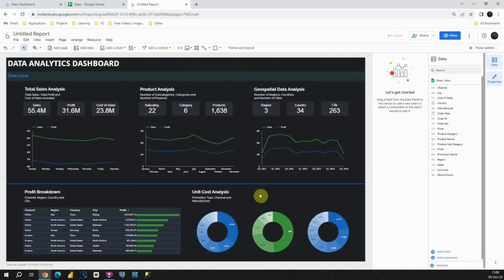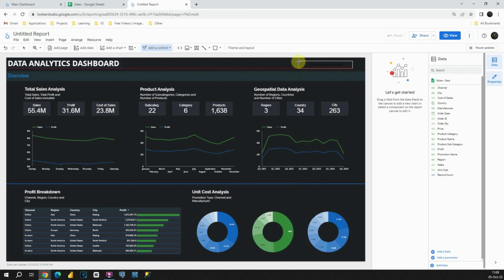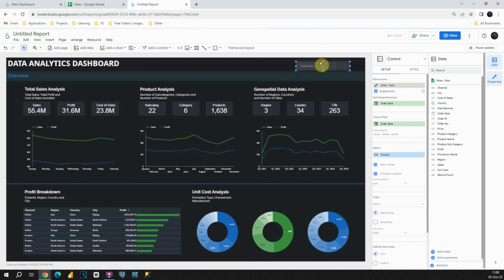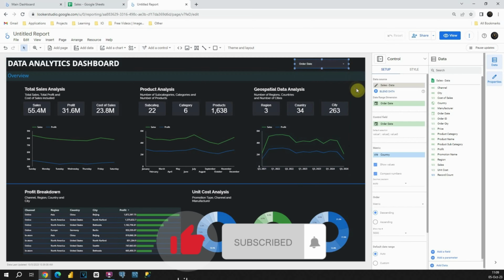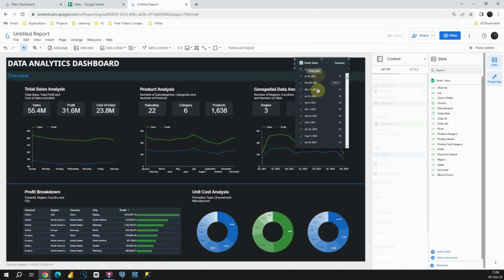I would like also to include one more thing. I would like to add filter to this dashboard, so that will allow us to filter these values. Add a control, drop down list. I'm gonna place it somewhere here. Let's just put it like that, and we are able to see that we are now able to filter by